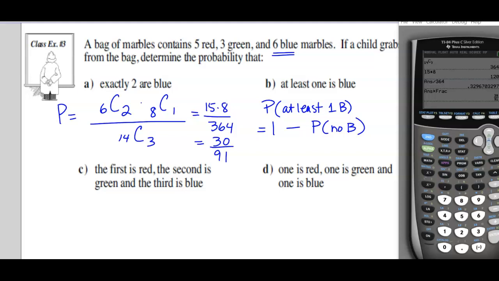So that's the same as the total number of possible groups of 3 minus the groups that have no blue. Remember, it's called the complement. So in probability, if we're just doing the number of these, then it would be the total minus no divided by the total, right? So total minus